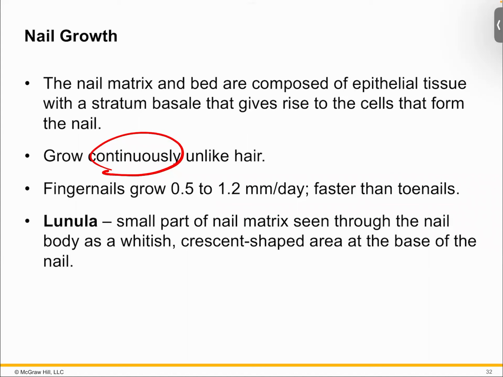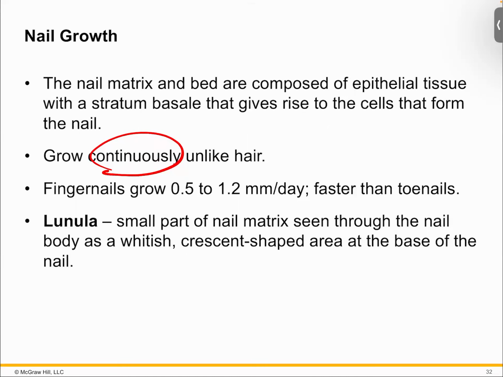that works. This is kind of like a trivia thing, right? So there's no way this is going to make it on an exam, right? But this kind of gives you an idea of what you're looking at, right? Fingernails typically grow faster than toenails, right? So if you're wondering how long it takes, and this is variable, right? Because some people's nails grow really quick and some not so much. So that's the reason why there's a bit of a range, 0.5 to 1.5 millimeters a day, which actually is